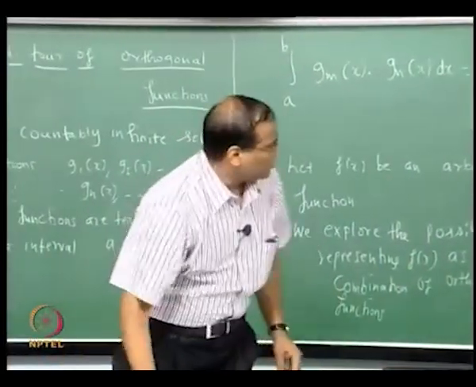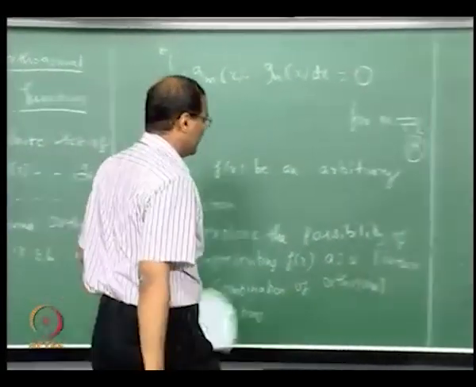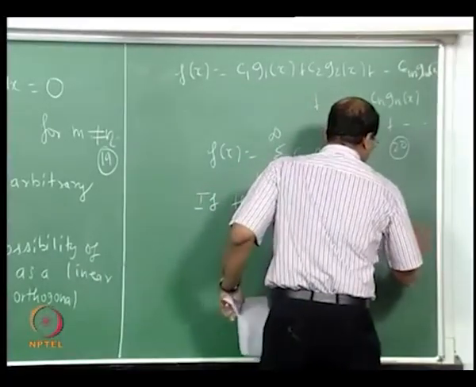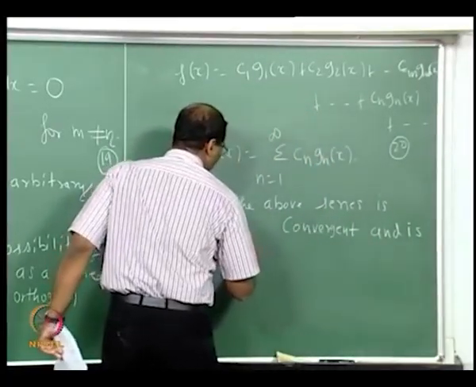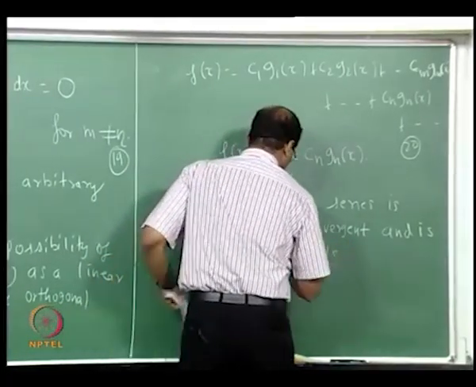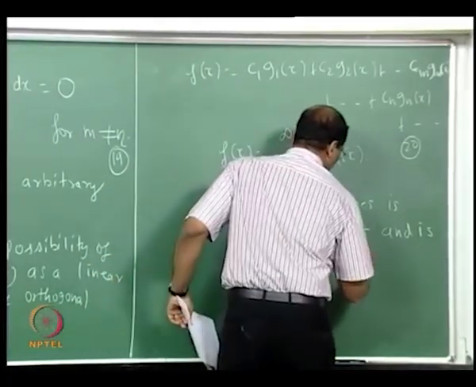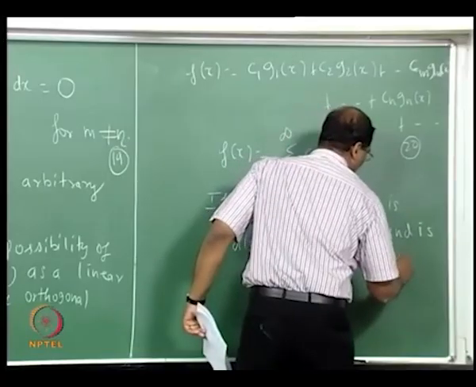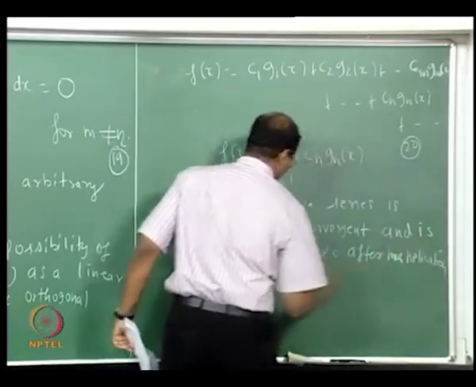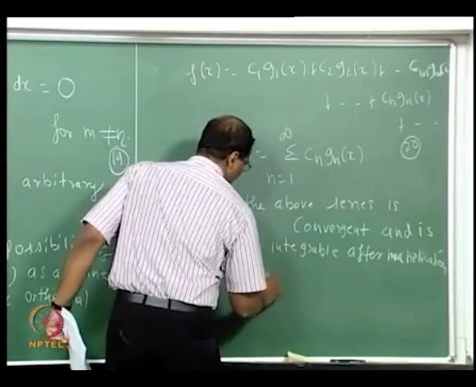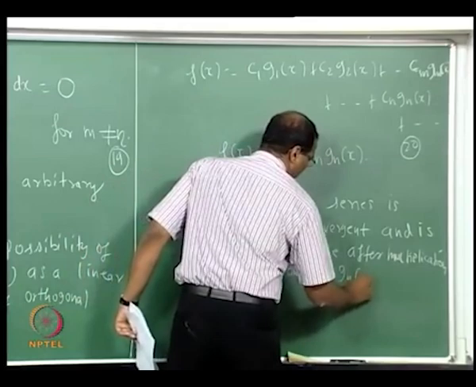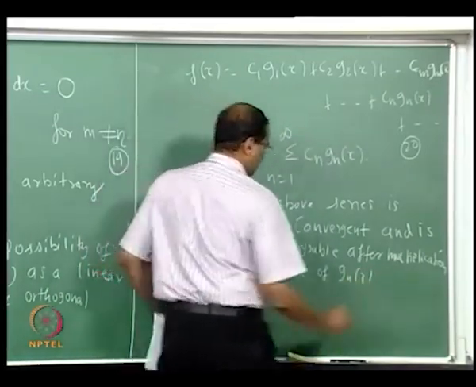So if the above series is convergent and is also integrable after the multiplication, I will tell you what that multiplication is. Then